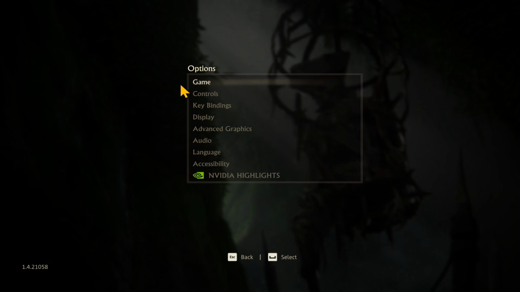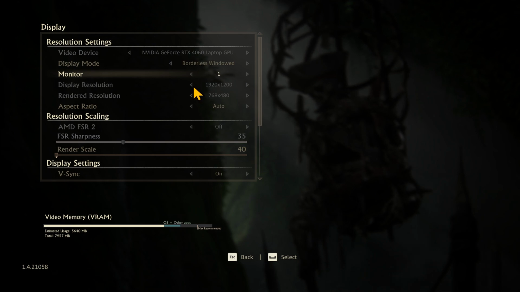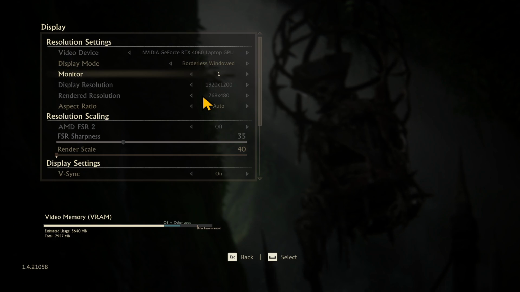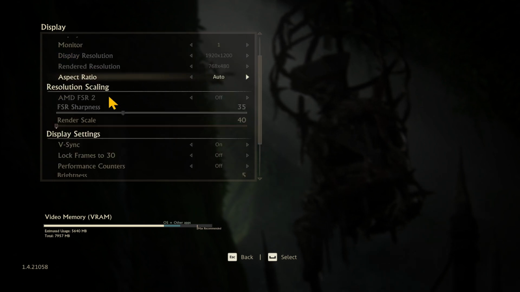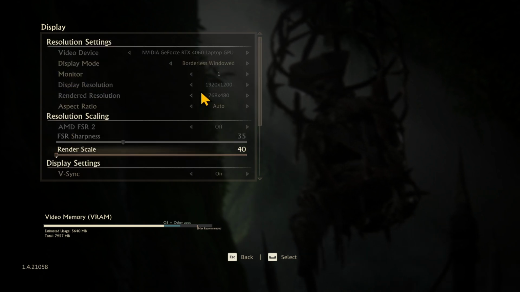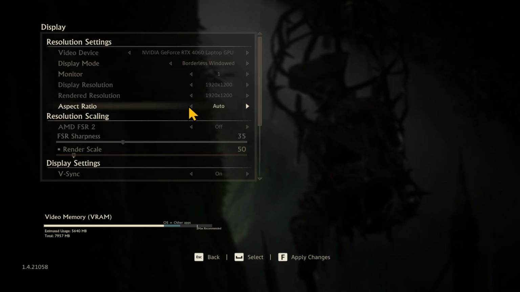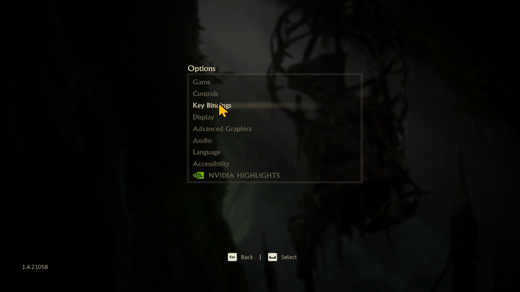In order to optimize your graphic, first of all, click on Display, and then choose your display mode as well as the correct resolution for your monitor. Underneath this, you can also change the rendered resolution. Now it is recommended that you use a lower rendered resolution and then use FSR or DLSS in order to scale it up. If you have more resources, then you may use the full rendered resolution as well. Once you have chosen your desired settings, you can press the F button to apply your changes and then go